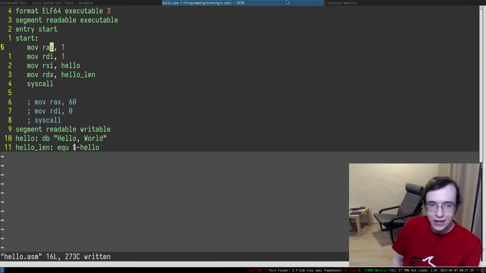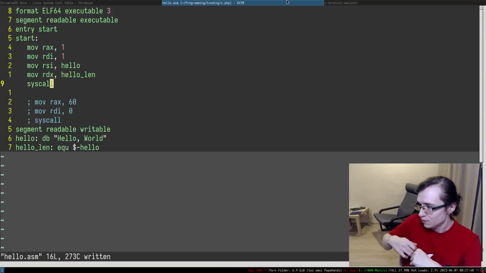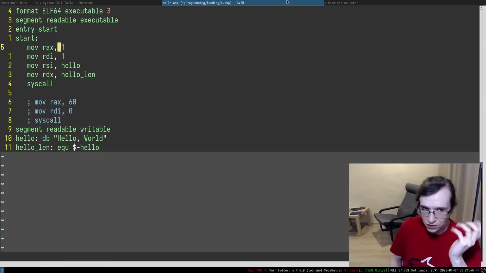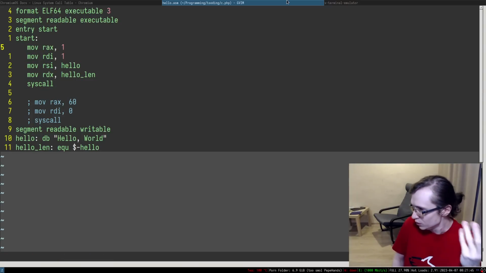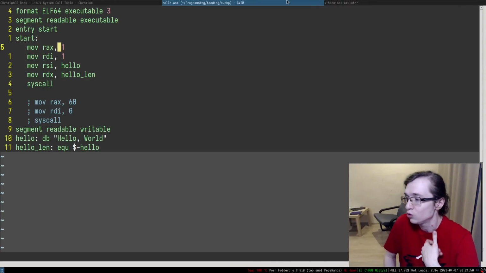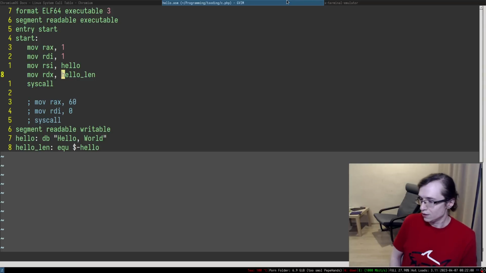So the CPU has registers, right? So you put parameters into the registers, and then you jump to the operating system, and the operating system will look at the values of those registers. It will see that it has 1 in RAX, and will think, okay, so the user program wants to execute the write syscall. It wants to write something into the standard output. So it will look at these arguments. Oh, it wants to write to standard output. It wants to write this hello of this specific size, and it will just do that. It's as simple as that.